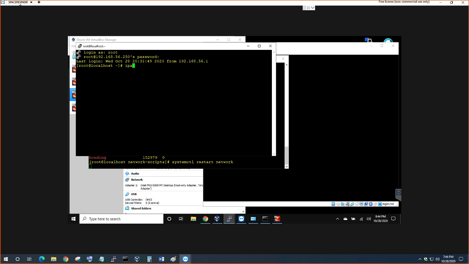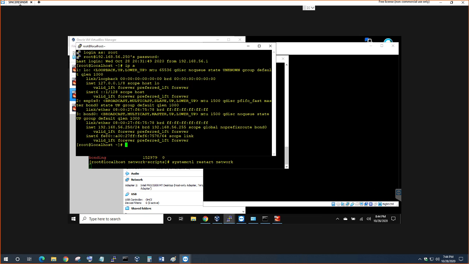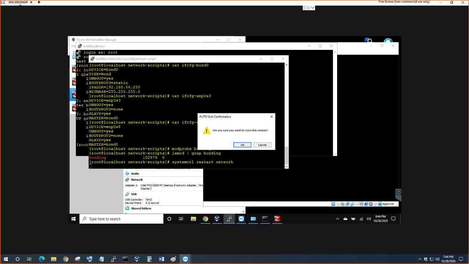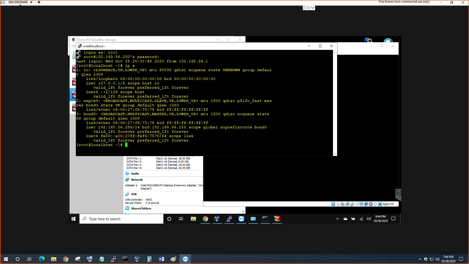Yeah, now do IPA. Okay, now it's showing the correct bond. But where's enp0s3? Okay, that's the problem here. In VirtualBox, we are not able to replicate what you actually see. Oh yeah, because we shut it off, right? Yeah, because VirtualBox is not capable of that. But in reality, what will happen is you will actually get a ticket that says